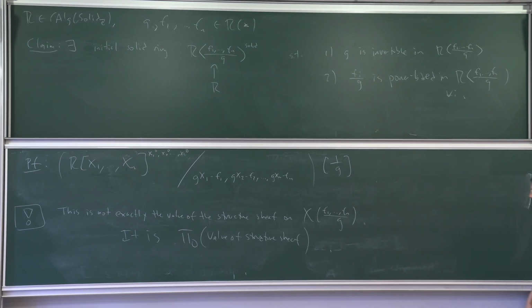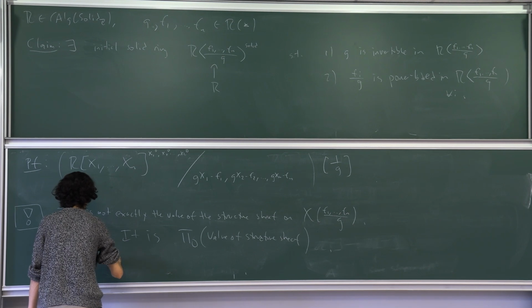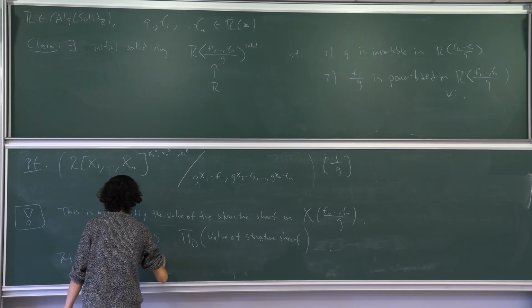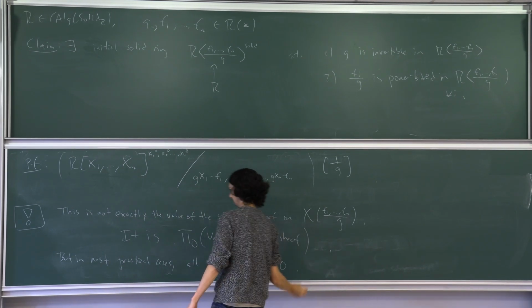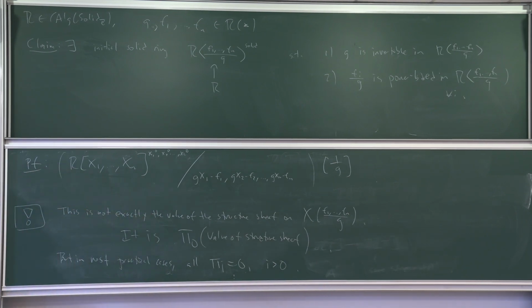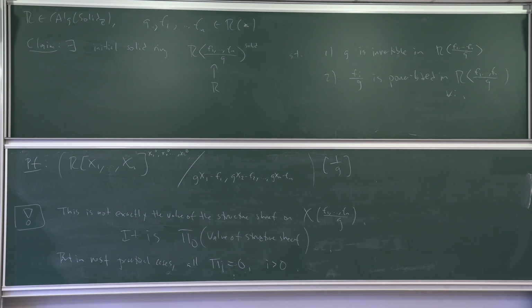But now, in most practical cases, almost all practical cases, pi I equals 0 for I bigger than 0. So in practice, it doesn't seem to cause trouble, but it's an important thing to keep in mind. And the second warning is